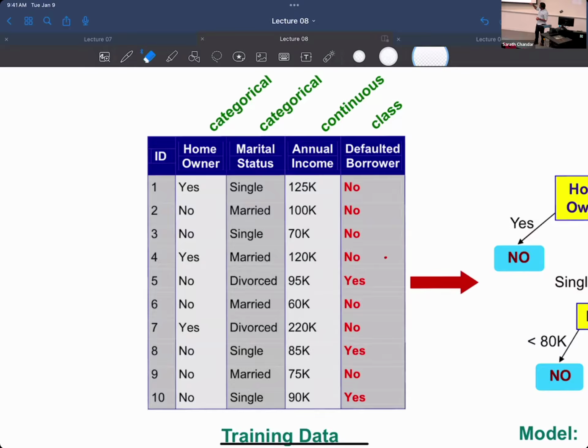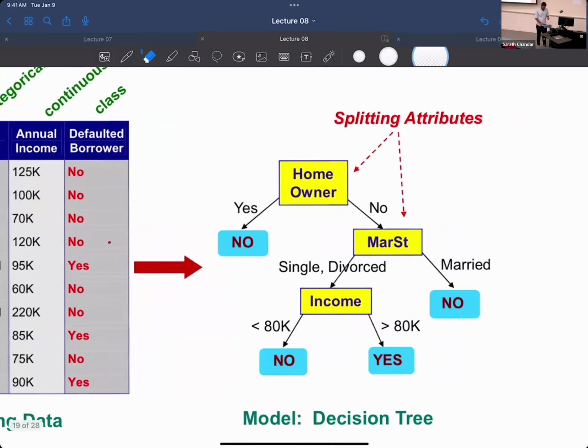Then you have the annual income, right? It's a large number, so maybe you can normalize it or standardize it. Basically, you can construct a vector with all these features, or derived features from these features, and it is a binary problem, 0 or 1. So if you want to do logistic regression, you can do logistic regression here, right? Instead of doing that, what we are going to do is construct a tree,